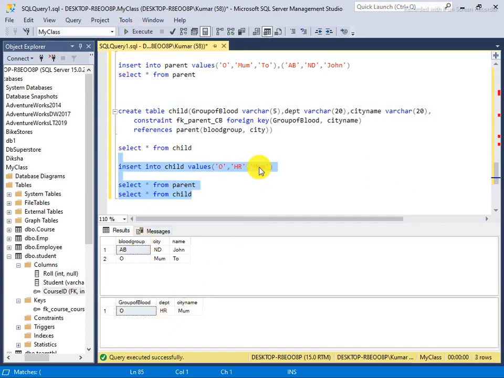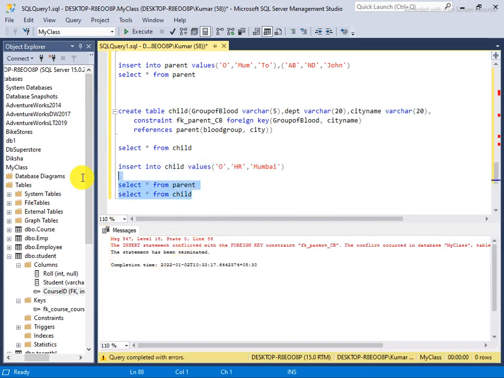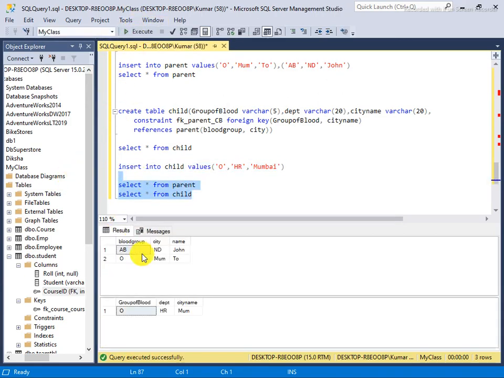So what happens if I say O and New Delhi, or anything which is not here? If I say Mumbai in this way, then again it will not accept, because the combination does not exist in our parent table. O is there but Mumbai is not here.